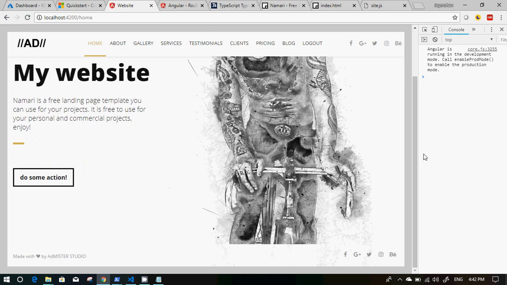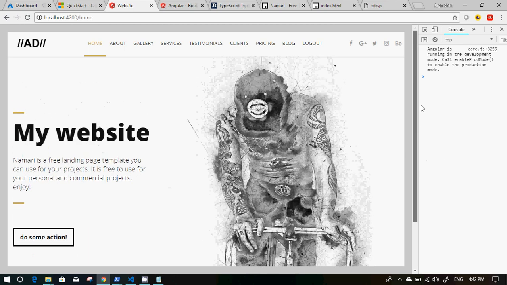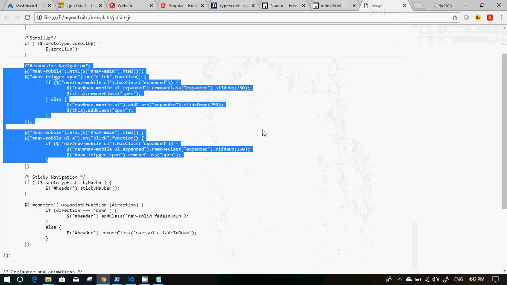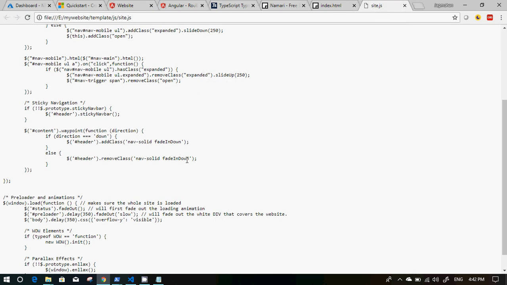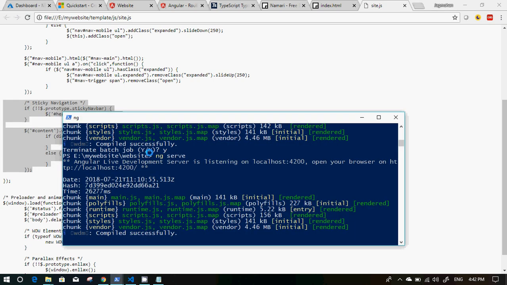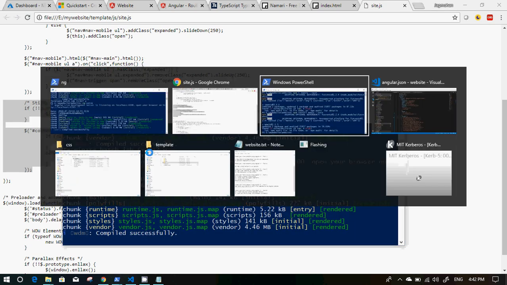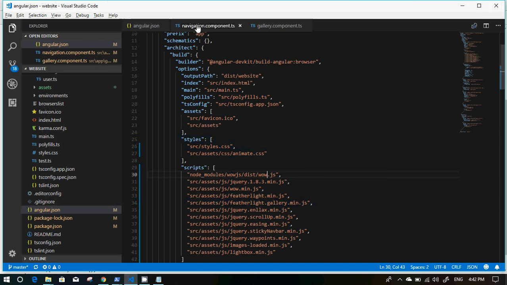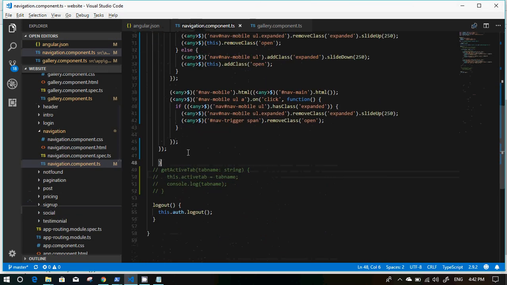Parallax, no, that is not working because we never initialize anything around it. So let's see if we can make it work. And this is one point called sticky navigation. So let's see, what can we do about sticky navigation? Navigation again goes to the same component, navigation. So within that component,